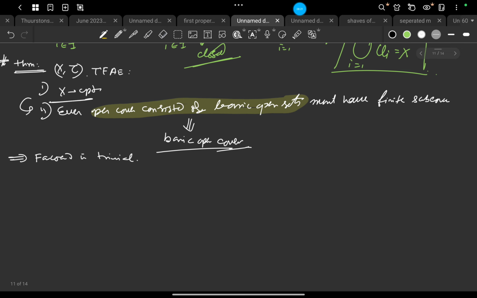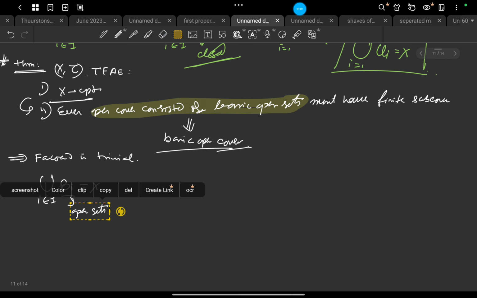So what about the backward direction? Suppose we consider an open cover: the union of Bi, i belongs to capital I, is X. These Bi can be any open sets, because we have assumed that any basic open cover has a finite subcover.